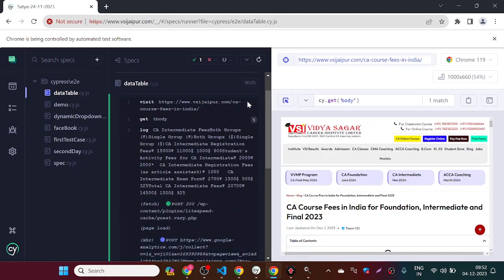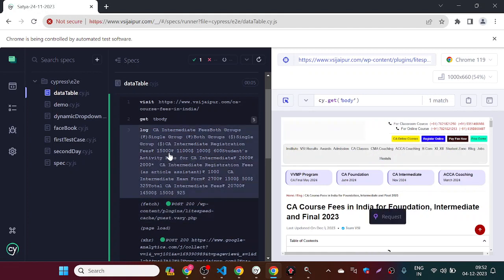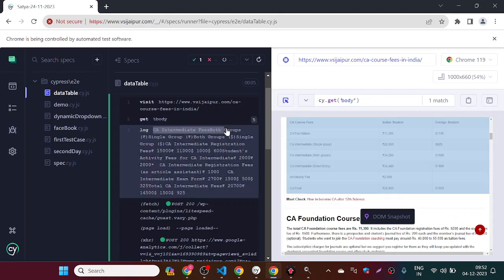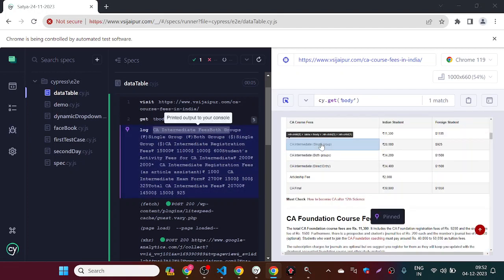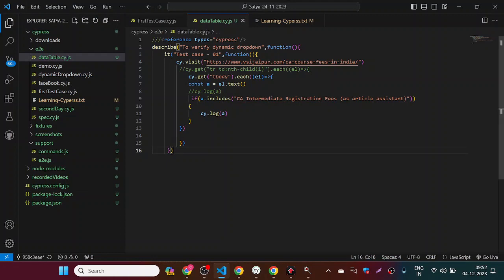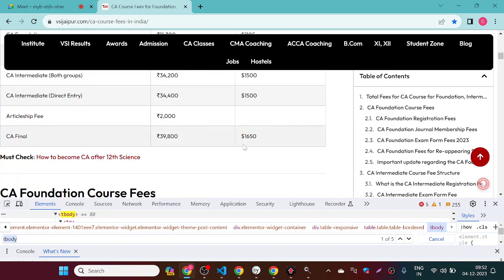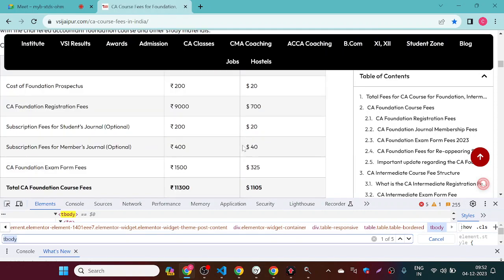See, you can see here you get the result. CA intermediate groups, single group, both groups like this. So what are you getting here? If you go to this intermediate assistant, if I open this website here,